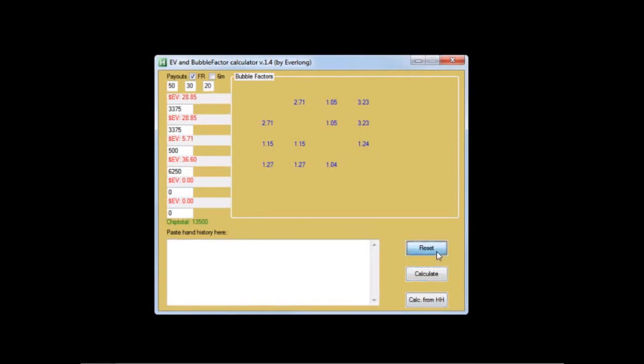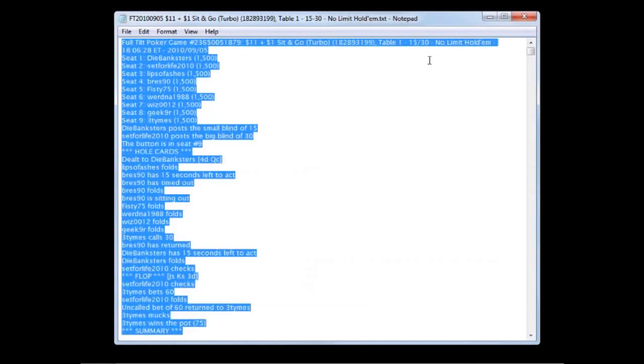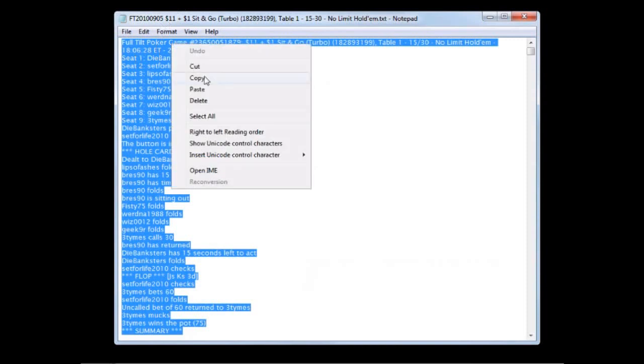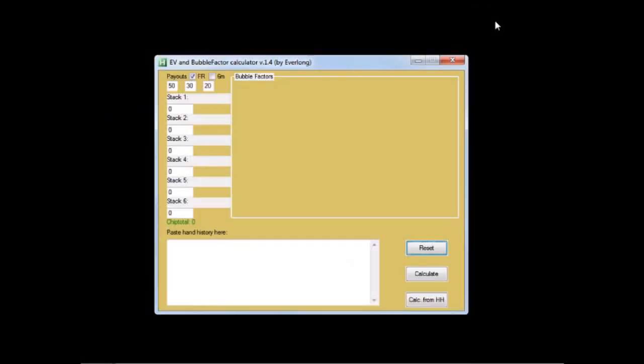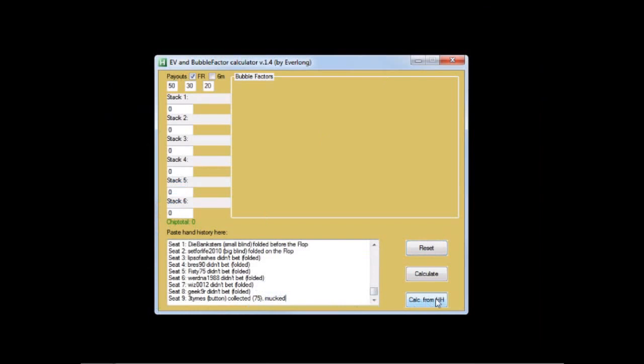Another useful feature of this program is the ability to import straight from hand histories. It will work for PokerStars or Full Tilt hand histories, and I believe it works for Party Poker as well. I'm not American, so I can't validate that. But you can just copy and paste right into this box and then hit